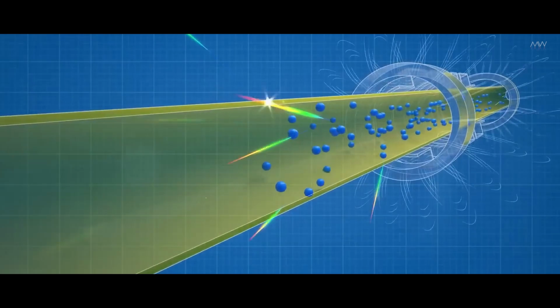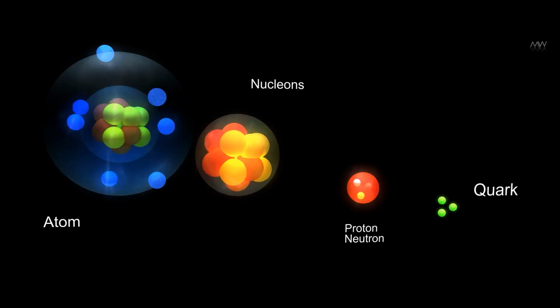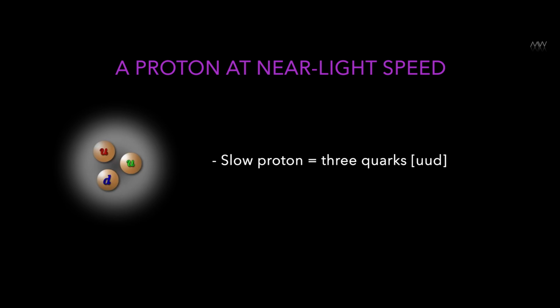In order to understand what happens, first let me briefly say what the proton is made of. The proton is made up of 3 quarks. This is something that people discovered 60 years ago. These quarks are called u, u, d, and this picture, it's even in the school physics textbook, corresponds to a proton either at rest or moving slowly. If the proton is moving at close to the speed of light, it changes composition. It's a very unusual, very strange thing. Yes, what the proton is made of depends on how fast it's traveling.